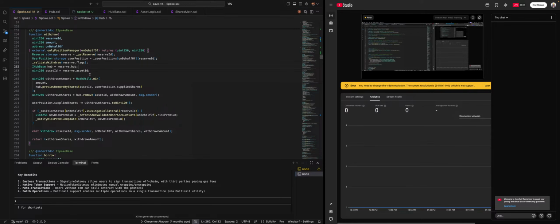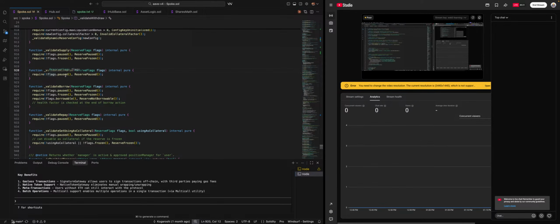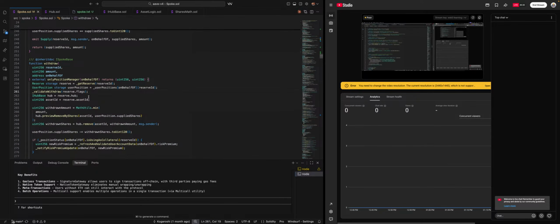Like we need to approve position managers, and we are taking reserve ID and user positions, and we are validating with rows. Basically it should not be paused, and if that is there, we call